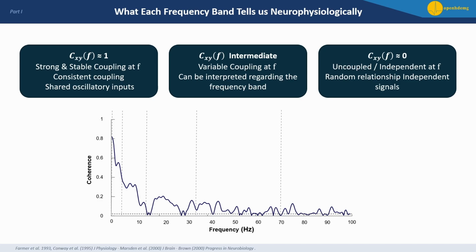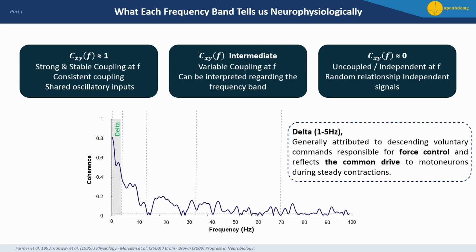If there are some values in between, it's interpretable regarding the frequency bands that we're going to talk about. So what are the frequency bands of the coherence, and what do they tell us neurophysiologically? The first one is the delta band, which is between 1 to 5 Hertz, and generally attributed to descending voluntary commands responsible for force control and reflects the common drive to motor neurons during steady